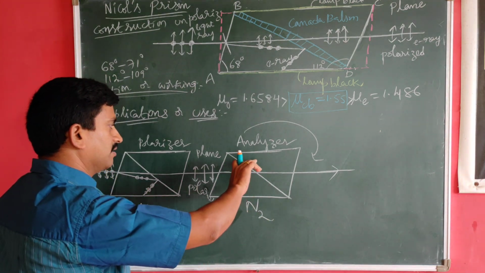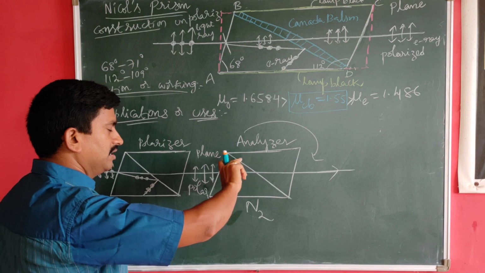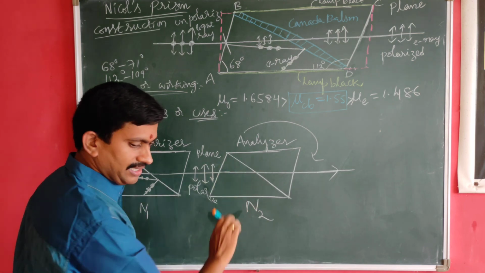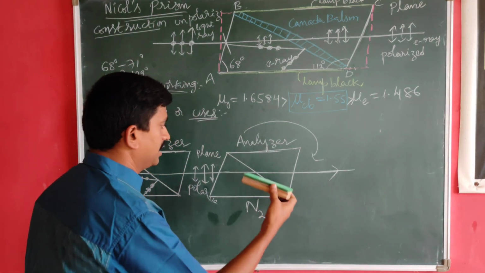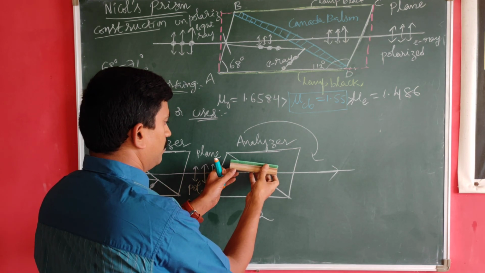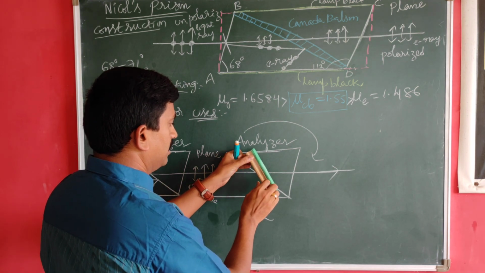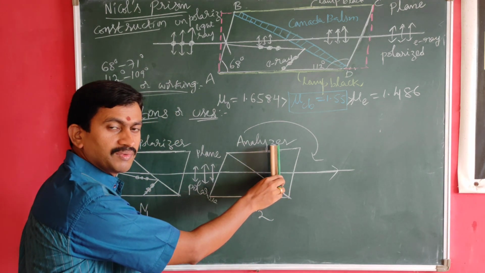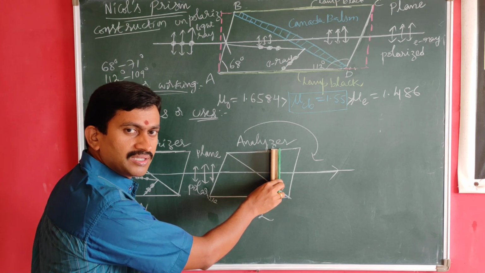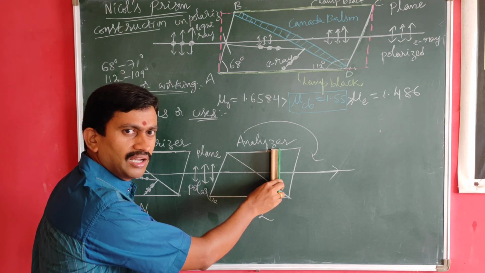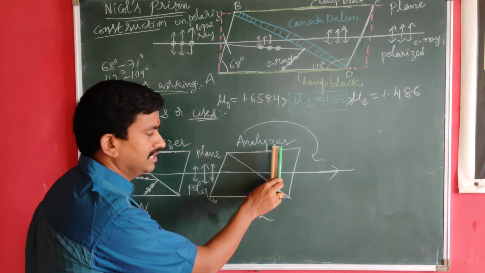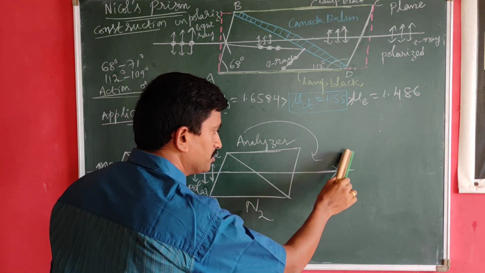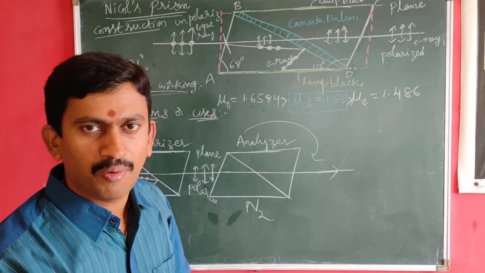If we turn this, we are simply rotating the crystal. For example, for better understanding, I use a duster. Now it is aligned like this. Now I am simply rotating it. Then what happens? It is perpendicular to the first nickel prism. That means the optic axis of the second nickel prism is perpendicular to that of the first nickel prism, so the angle between the optic axes of the two prisms is 90 degrees. Then this plane polarized light is completely cut off. No light is observed on the screen or on the object.